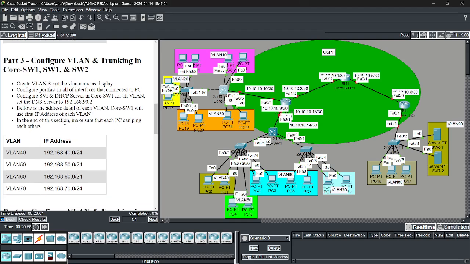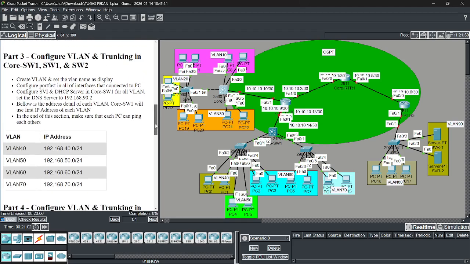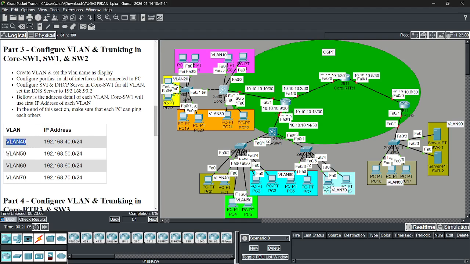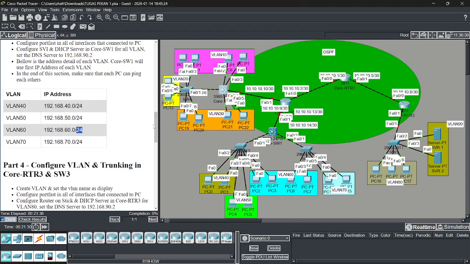At the end of this section, make sure that each PC can ping each other. These are VLAN 40, 50, 60, and 70, with networks 40.0, 50.0, 60.0, and 70.0. The subnet mask is /24, which is 255.255.255.0.